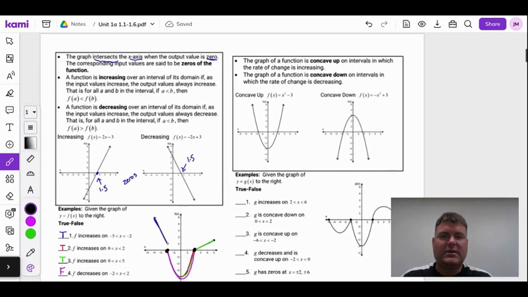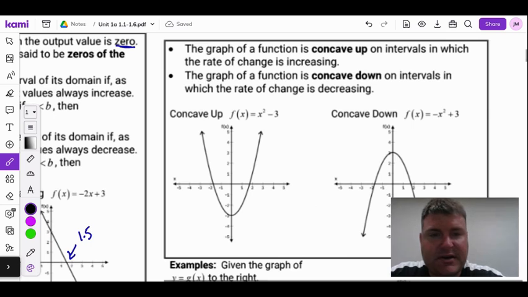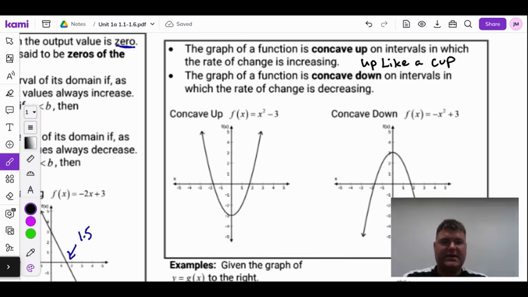There we go. So the graph of a function is concave up if the rate of change is increasing. So now rate of change is going to be how is the graph changing. So an easy way to remember this for concave up is that we're going to be up like a cup. Up like a cup. It can hold water. So if you look at our example here for concave up,